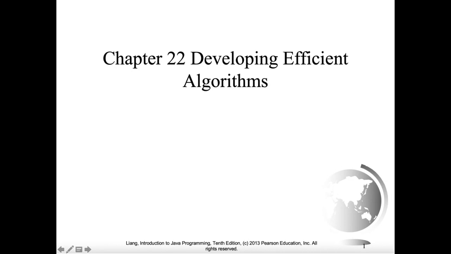Hi everyone again. As I promised, we're going to go over all the different sorting algorithms. It's mainly going to be covered in chapter 22 of the book. Usually I like to cover this to see the development of algorithms, as you can see, developing efficient algorithms, and you can see that in these sorting algorithms, and it's going to help you to understand,